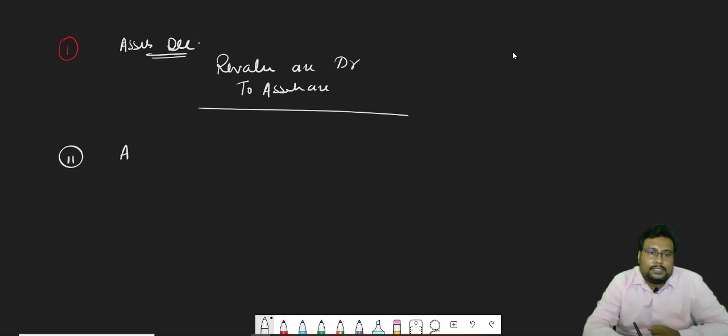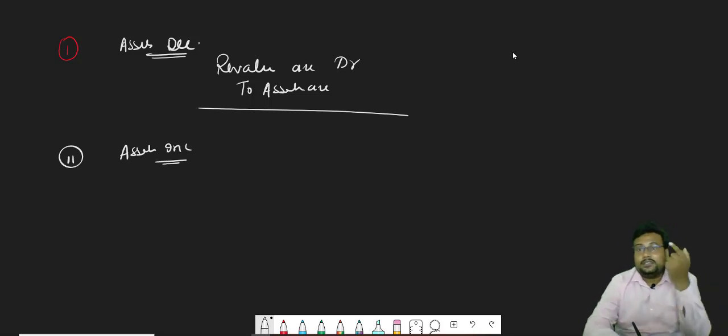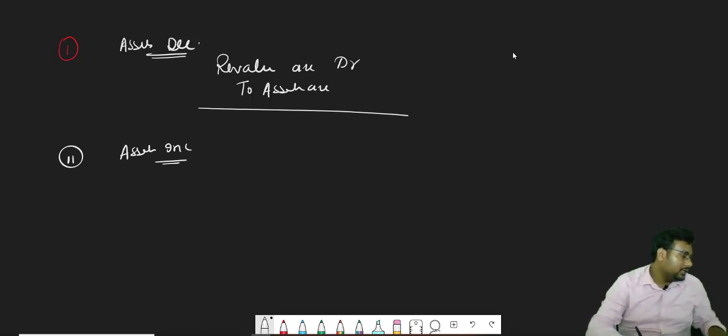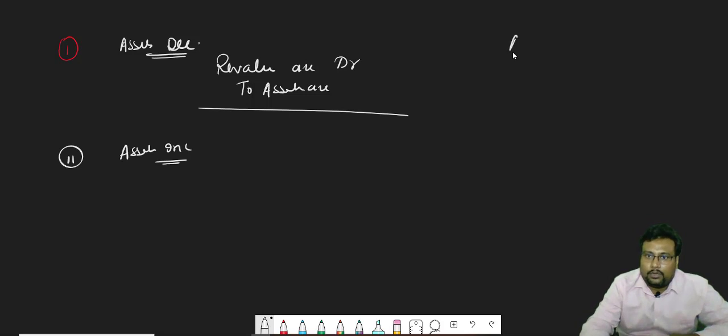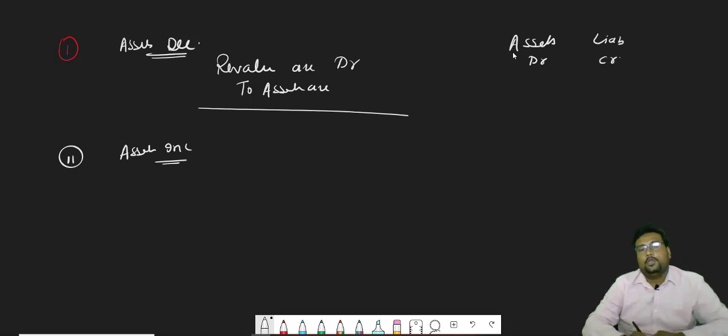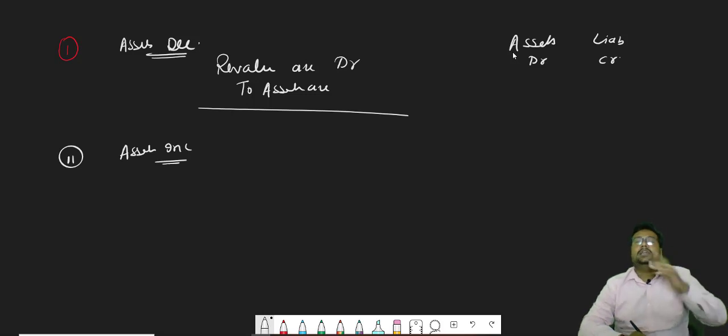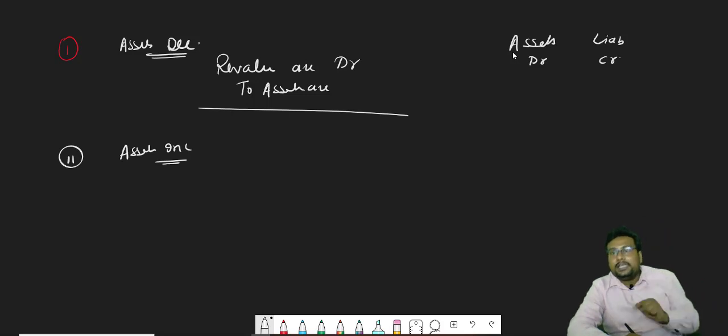Second, when assets increase. So beta, when assets increase, assets is always debit. Assets is what? Always debit. So, see, simple, always learn this: assets is always debit and liability's nature is what? Credit. So assets is debit. When assets increase, it will be again debit. Okay? Because the rule is what? For increasing anything, we pass on the same side, and for decreasing anything, we pass on the opposite side.